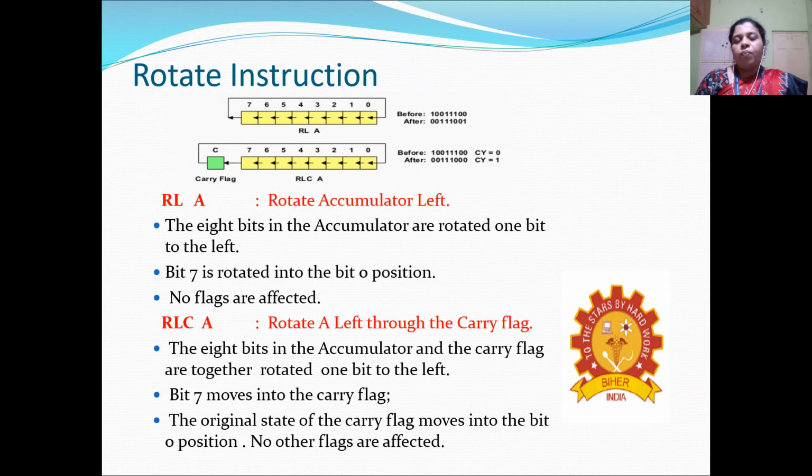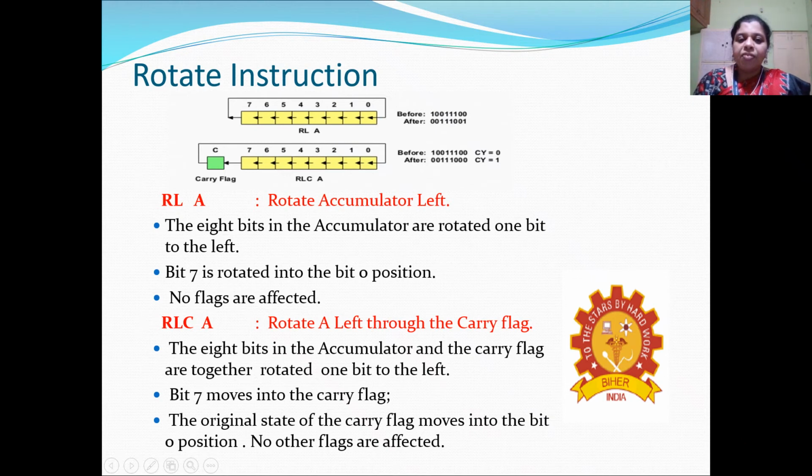So now rotate towards your left. So here the starting position will be from LSB, just the reverse of the first case we have discussed now. So here bit D0 will be moved to D1, D1 to D2, D2 to D3 likewise, and finally D7 will be moved to D0.